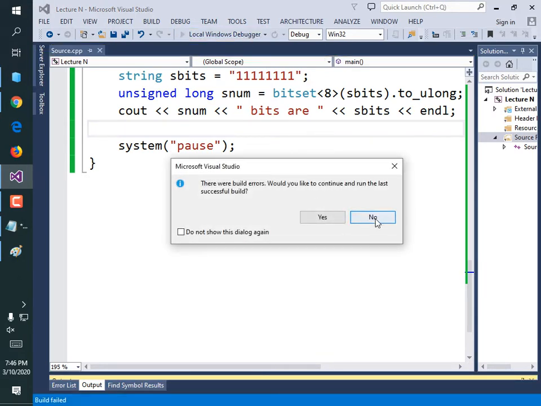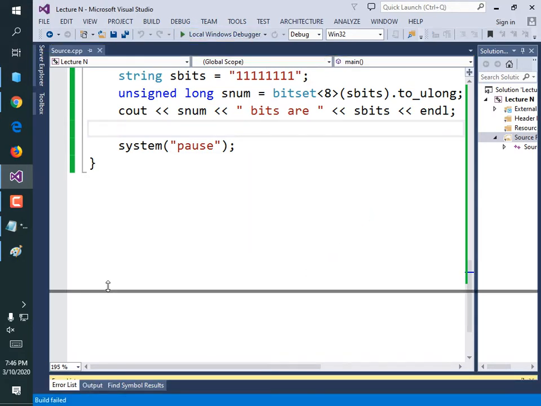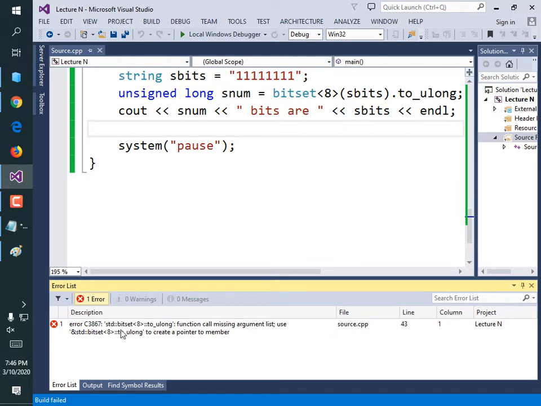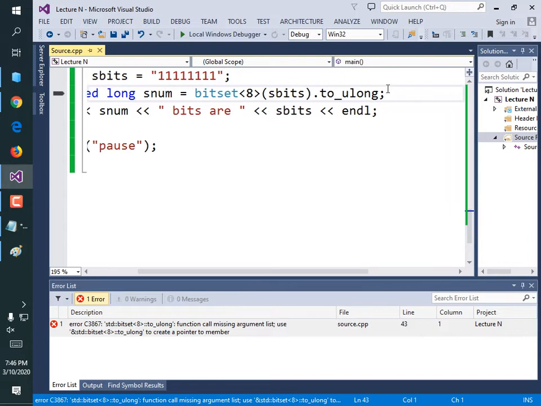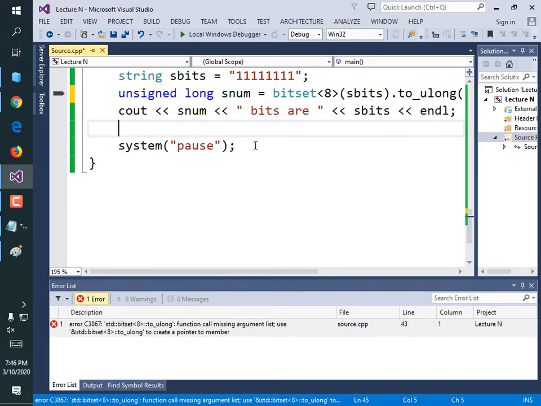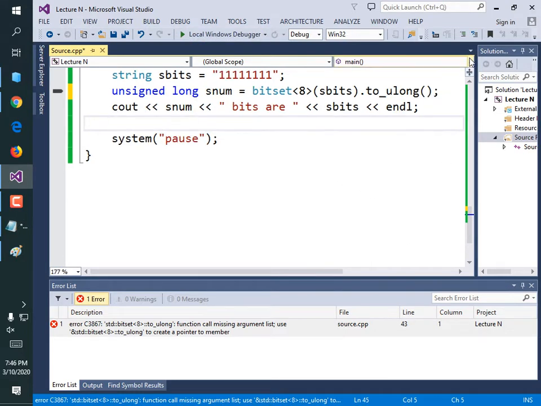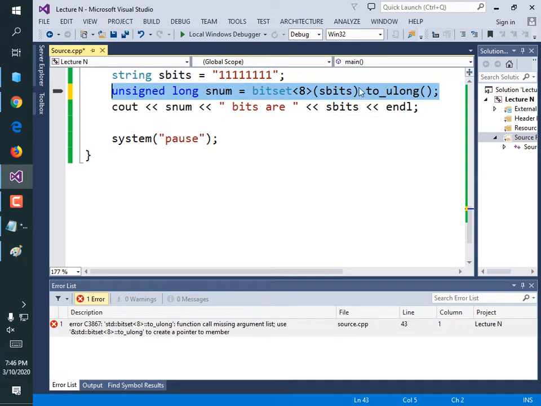I want to see that it says 255. Well, I'm not gonna because I have an error. Function call missing an argument. Oh, what did I do wrong? I got so annoyed I didn't put my parentheses in parentheses there. So on this line right here, that's what that line should be. bitset<8>(sbits).to_ulong();